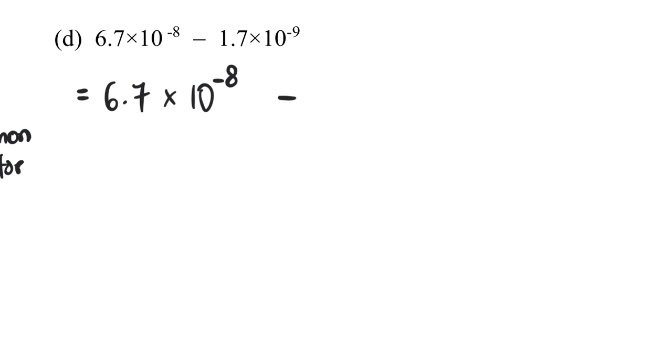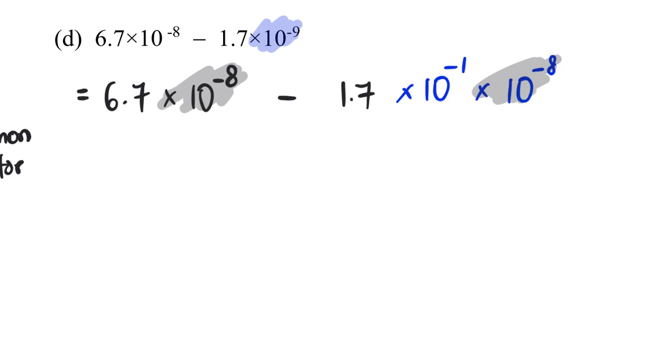So the 1.7 is still there, but I will write this as 10 to the power of negative 1 and 10 to the power of negative 8, because negative 1 plus negative 8 will give me negative 9. And there's a reason for this, because then I would be able to take out the common factor. This is the common factor, right? And I'm left with 6.7